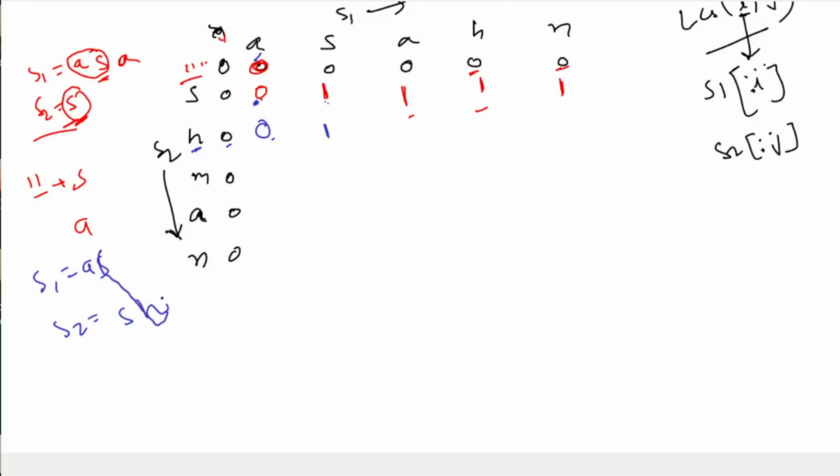Okay, wait, so we can simply ignore these two, and we know the length of longest common subsequence for prefix A and S, that is this. So we know the length of common subsequence for prefix AS and S, and the pair you can have A comma SH, so we can take maximum of both of them. And similarly H is not equal to A, so we'll take maximum, and now H is equal to H.